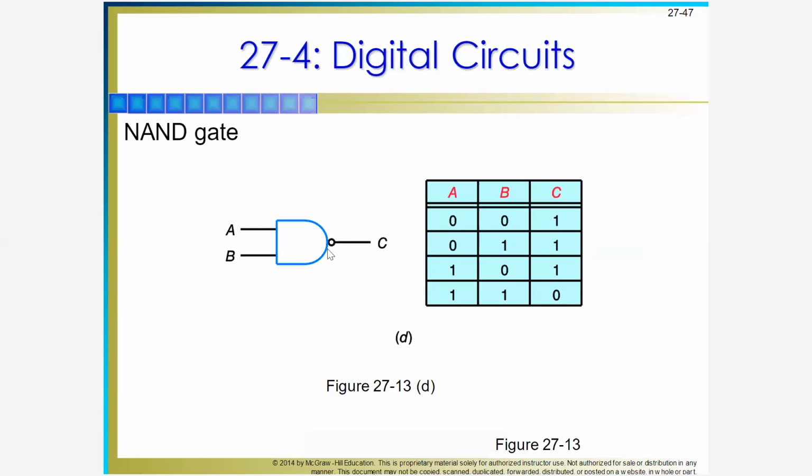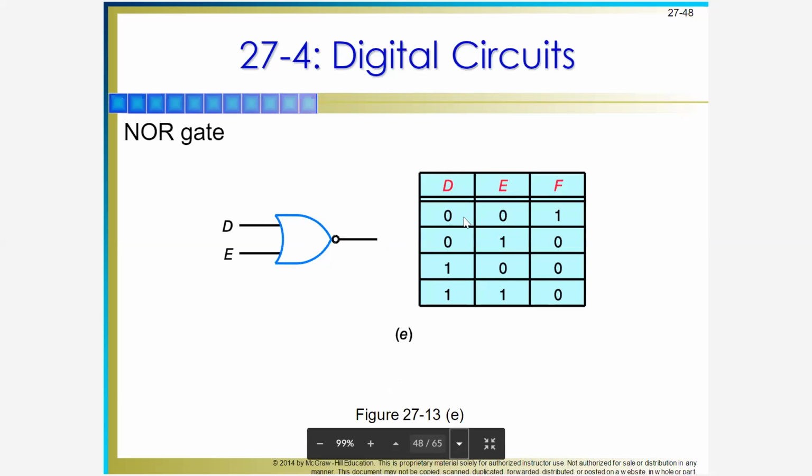Okay, it's just the opposite of the AND gate. As you can see, there's a bubble here. Okay. For example, 0 times 0 is 0. Then since it has an inverter or bubble, the output will be 1. Okay. Just the opposite. Next, NOR gate is the opposite of OR gate. Since 0 plus 0 is 0, then the opposite is 1. Okay. You just make it a different sign or different value, the opposite value. Okay, next.